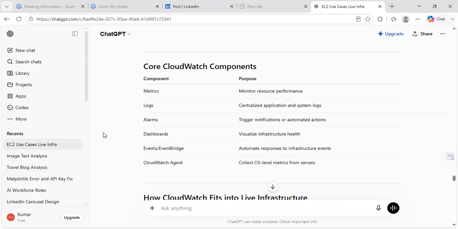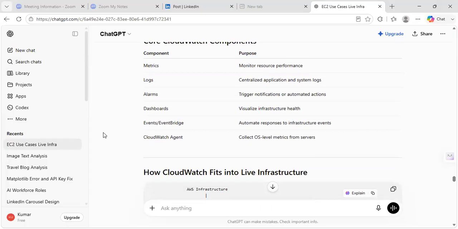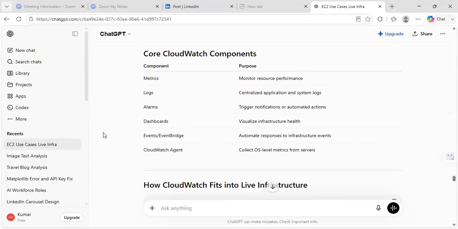CloudWatch agent will be there. It collects OS level metrics from servers. So for EC2 servers, all those servers' performance metrics are going to be received by the CloudWatch agent, because each server-wise we have created the logs. So there is a CloudTrail log, cloud logs are there. Those logs are going to be read and the agent is going to put them into the dashboard format,